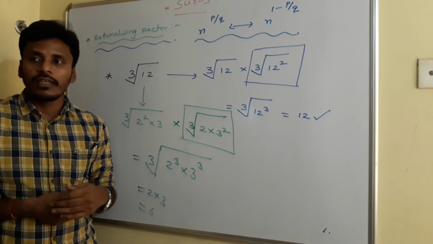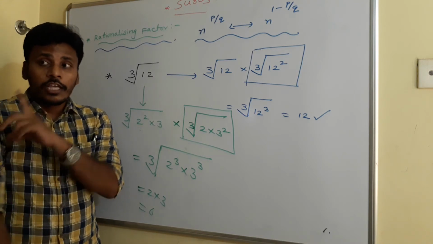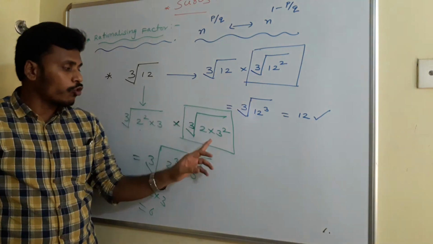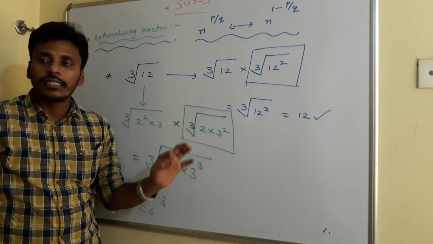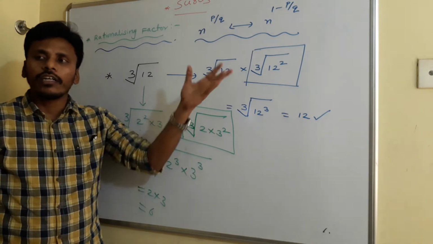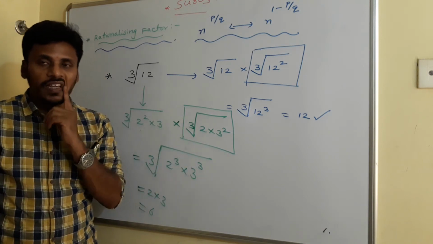In most of the cases, sometimes they may ask you to find the simplest rationalizing factor. In such a case, if you have cube root of 144 and cube root of 18, usually you will say that this cube root of 18 is the simplest rationalizing factor, and that is not simple because this is a smaller number, right? Okay, so think once again.